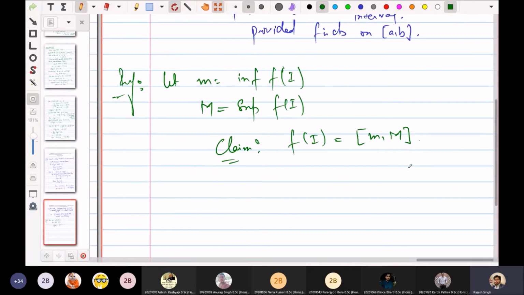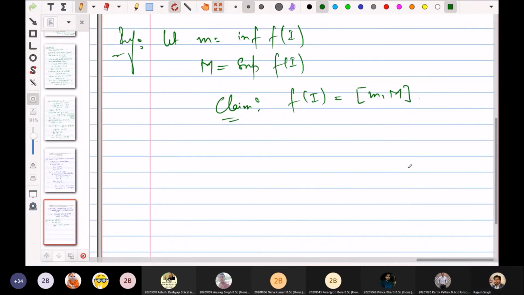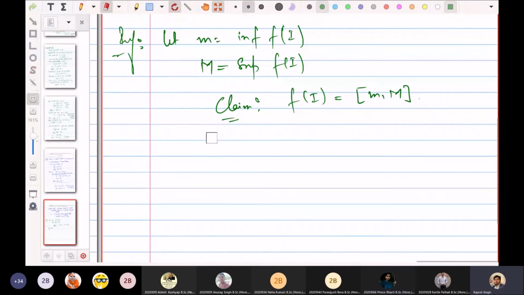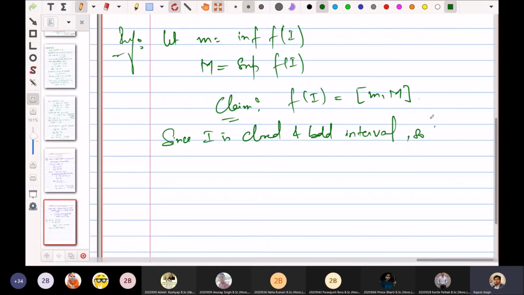So कैसे प्रूव करोगे इसे? मैक्सिमम मिनिमम थ्योरम अप्लाई कर देंगे. So by maximum minimum theorem, since I is closed and bounded interval,